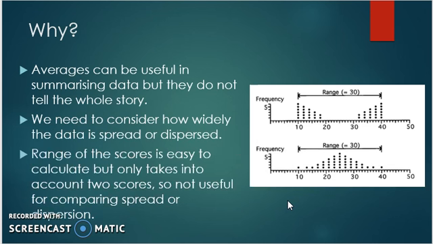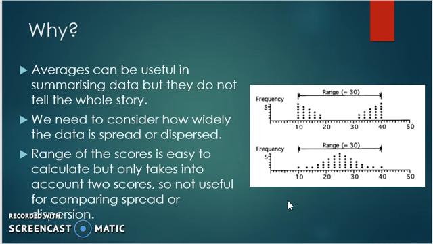So why do we want to talk about the spread and dispersion of data? With most data, we'll find the average, which can be useful in summarizing data, but it doesn't tell the whole story. We need to consider how widely the data is spread or dispersed. Another way that we've done previously